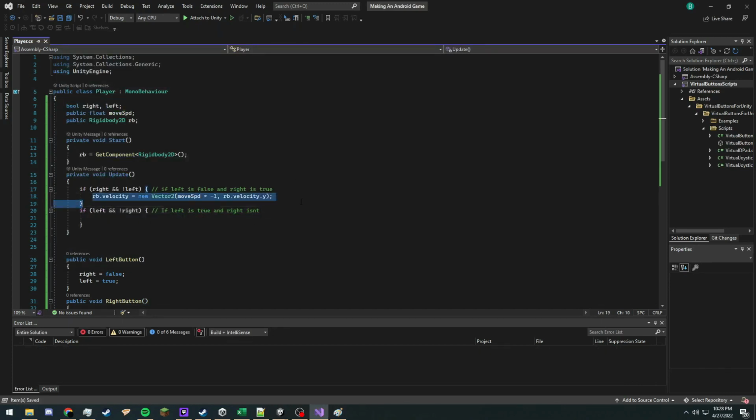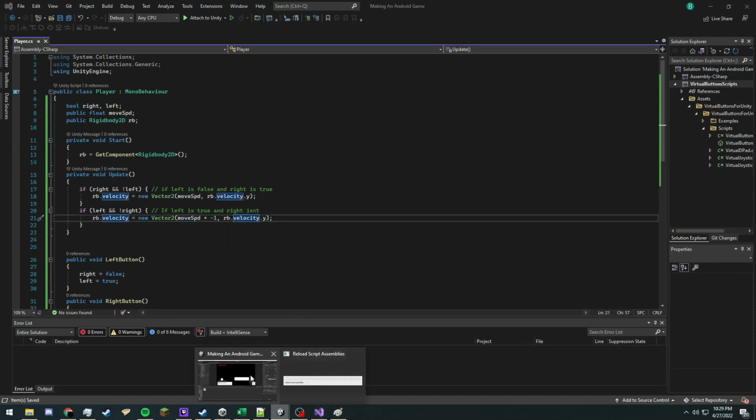And then all we're going to do is copy this, paste this, and erase that. And so now, wait, opposite ways around. I apologize, that is actually the opposite way around. This one is right, and this one's left. So this one is just move speed, velocity, y. So now if we go back into Unity, actually,